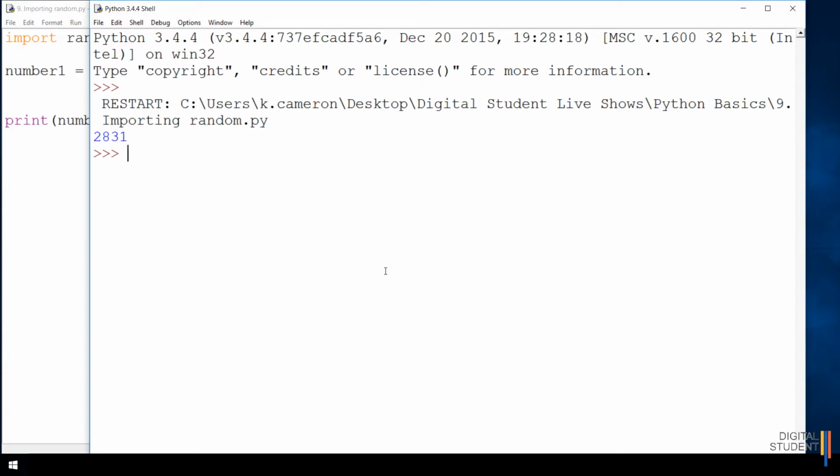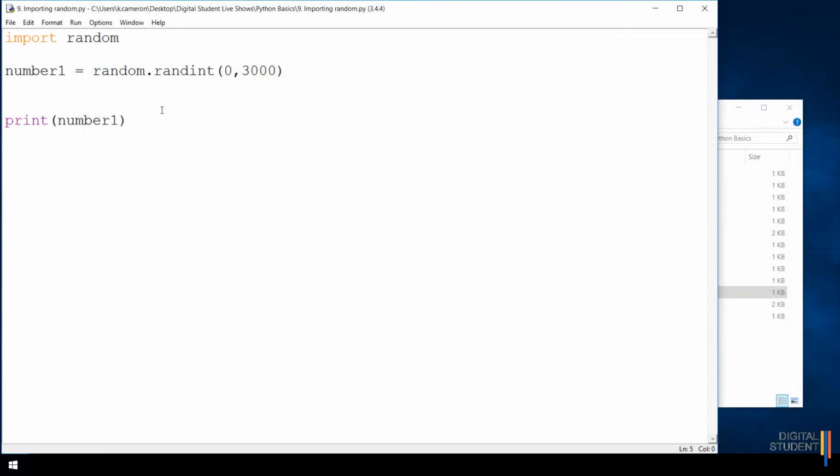And there you go, 2831 is the random number that it generated. And this can be ridiculously powerful. It's just generating any kind of numbers you want. So in a future topic, we're going to look at creating a maths quiz or a maths challenge, and you can definitely use this to do that. So the next one that we have is